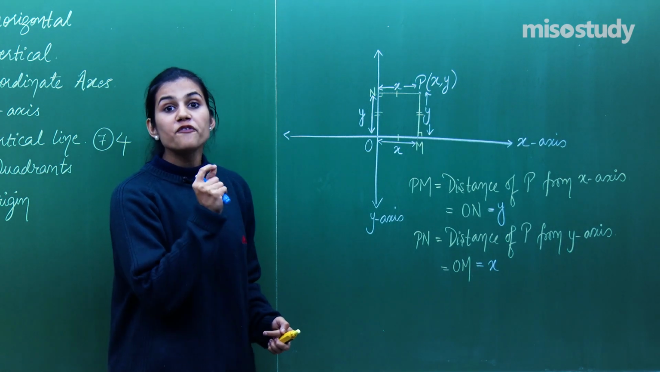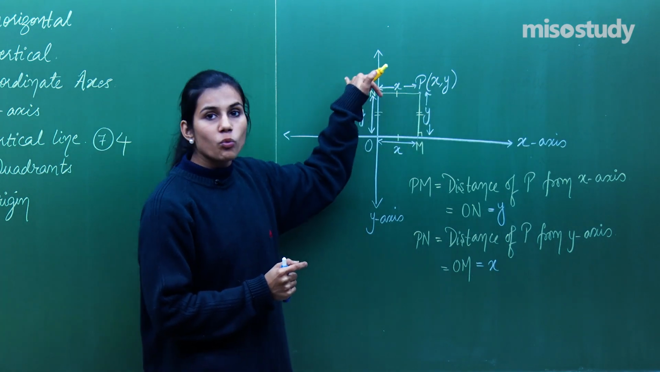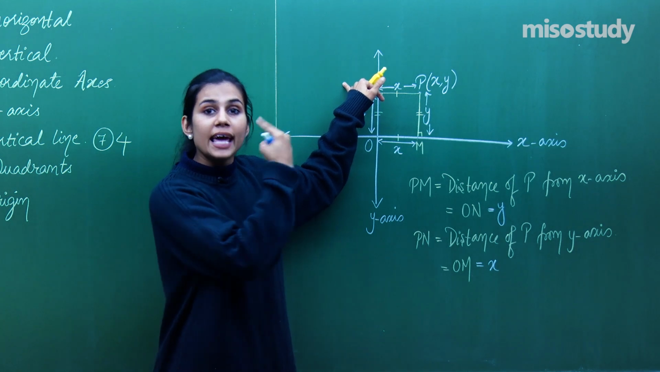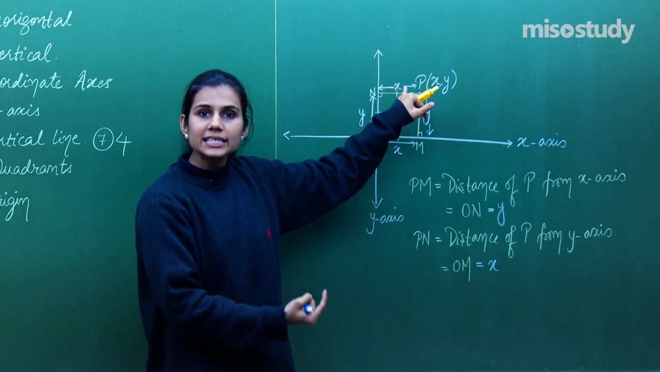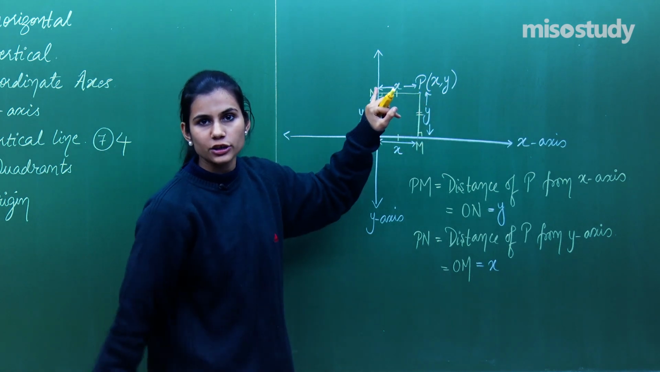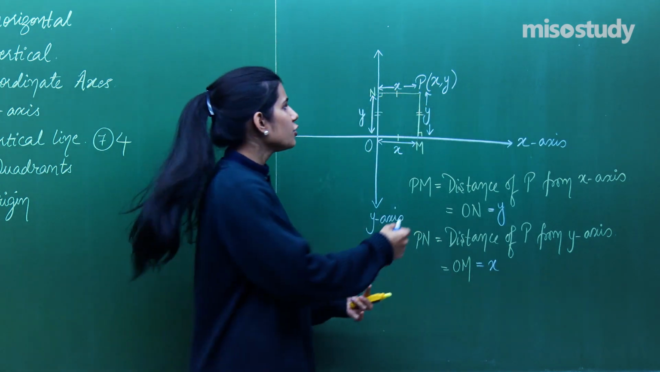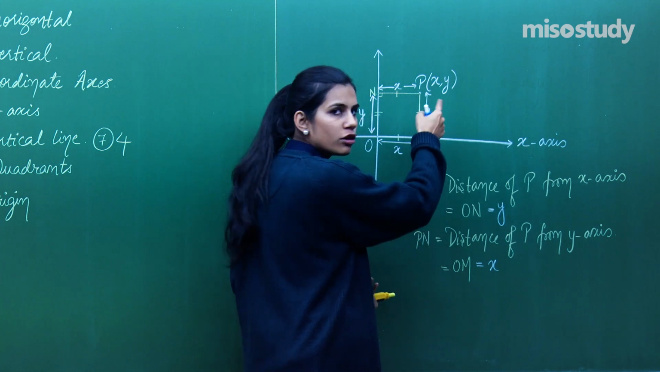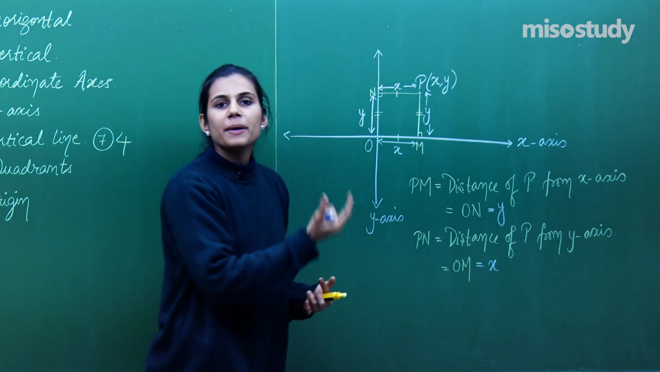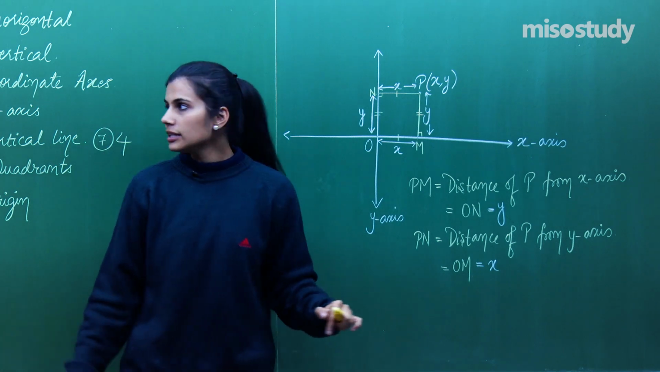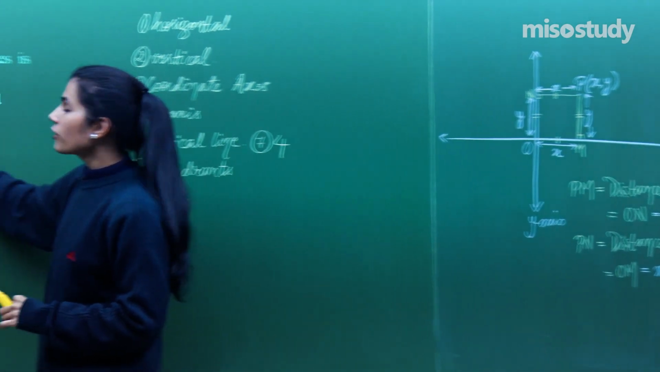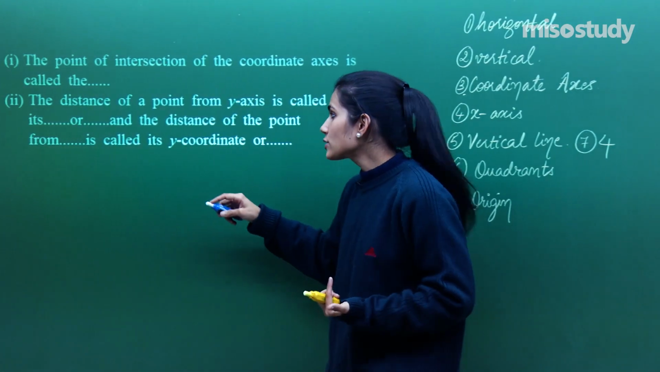So however far point P is from the y-axis, that is the x coordinate of the point, and however far the point is from the x-axis, that gives you the y coordinate of the point. How far means you drop a perpendicular from that point onto these two axes and measure the length of that perpendicular, that will be the distance. So we have got the answer that the distance of a point from the y-axis is called its x coordinate,